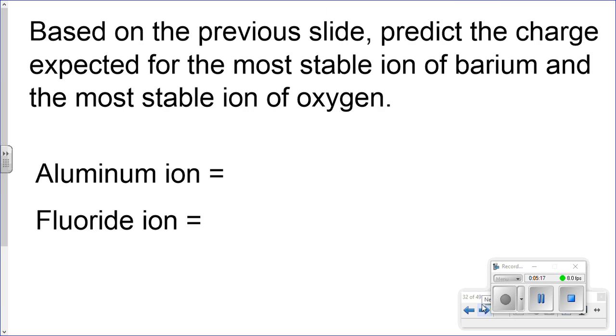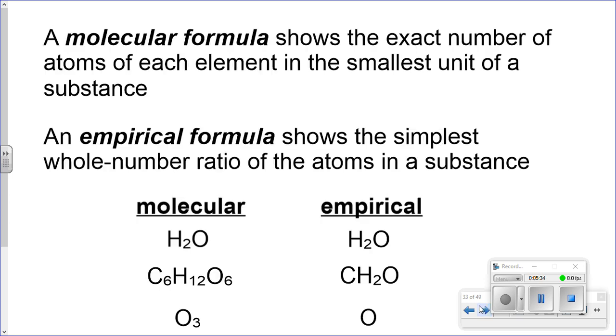Now, it says, based on the previous slide, predict the charge expected for the most stable ion of barium and the most stable ion of oxygen. Okay? I'm not going to get into that just yet because I think we need to do a little bit more, and that might end the notes for now. Yeah, I'm going to end the notes for now. So I'll get more into this later, but